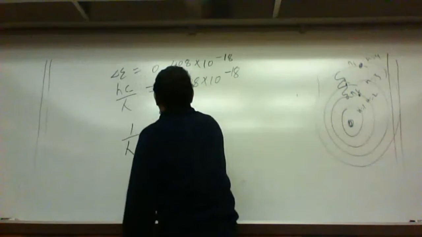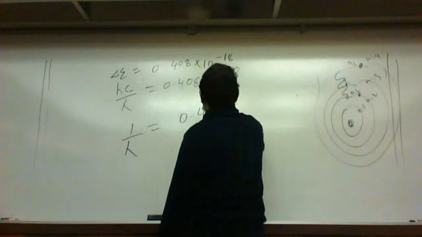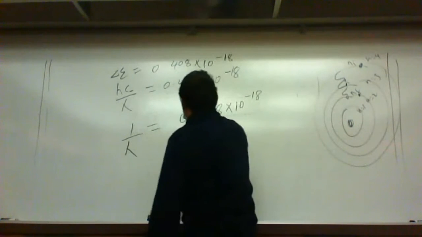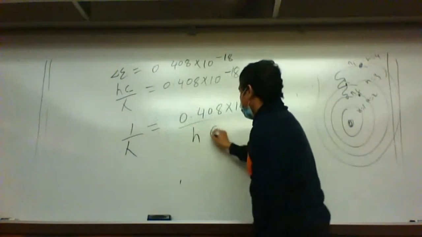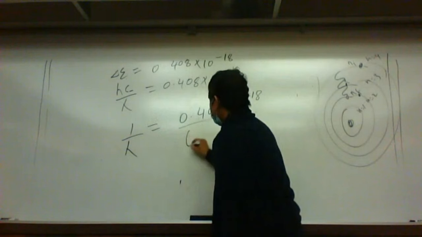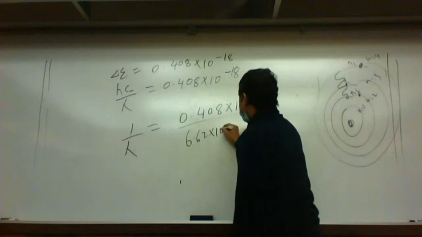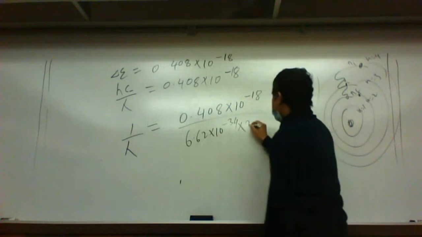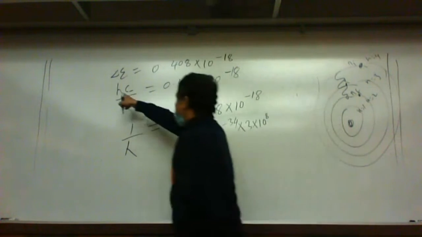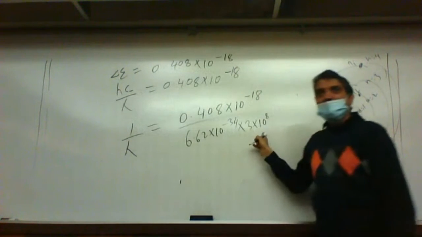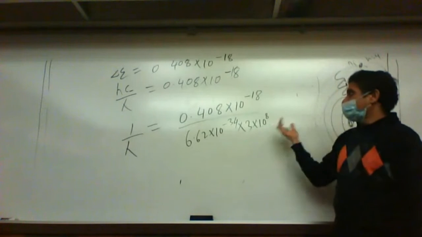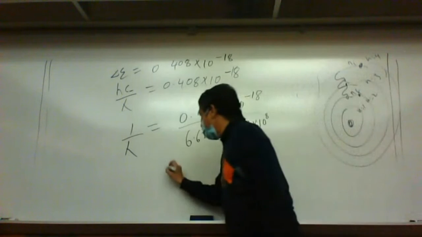I would pull this hc down here like this, 0.408 × 10^-18. So if you put hc here, that h and c comes here. The value of h is 6.62 × 10^-34, and the value of c is 3 × 10^8 meters per second. So I put the value of h and c here, right? Make sense? Good. Now you just put in the number, and 1 by lambda would be equal to